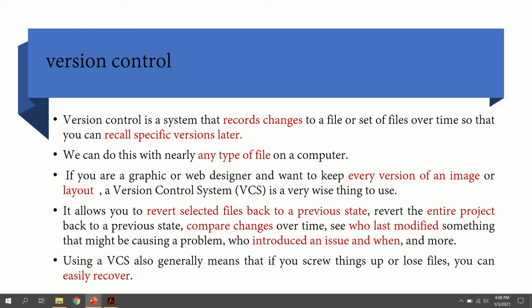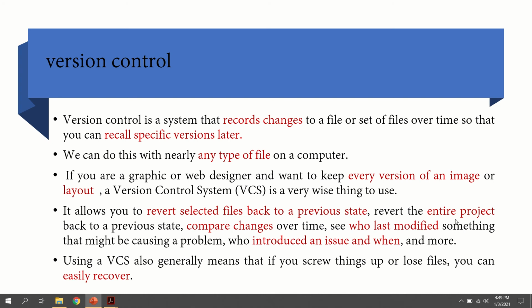That means suppose this file has 3 versions. If the third version is not working properly, you can revert back to any previous state. Maybe you can go to version 2 or version 1, like that. And there are different things we can do in a version control system. The first point is that we can revert back to the previous state. So as I said, if any particular version is not working properly, or if it is creating any errors, we can revert back to the previous version, previous state. That is one thing we can do in a version control system.